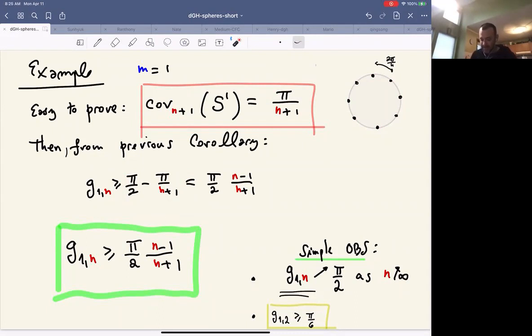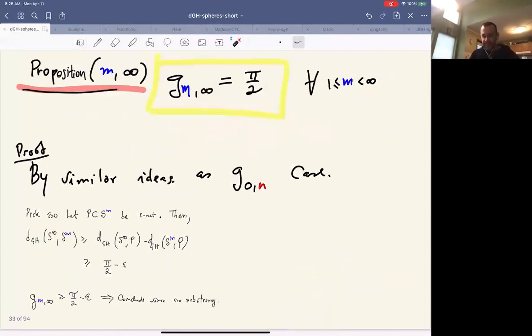But more interestingly, when n is 2, you obtain the lower bound pi by 6, which is, at that time when things got explored, quite good. I mean, we didn't know anything better than this lower bound, and it was equal to the one that you obtain by applying persistent homology. And then by using very similar ideas, also inherited from Lusternik and Schnirelmann, you can prove that, in fact,